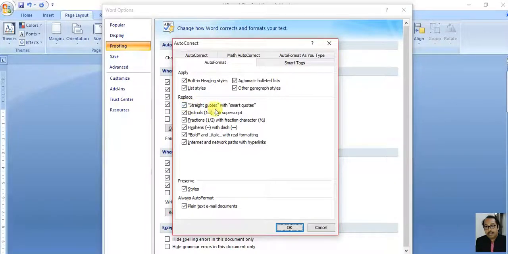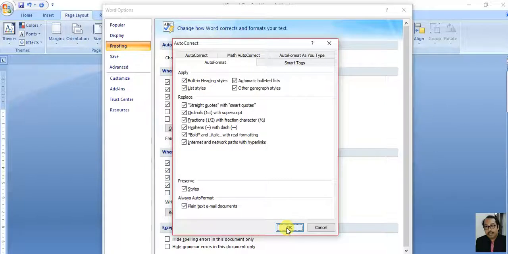See, straight quotes are replaced with smart quotes. Like if you give a dash dash, it will be replaced with a single dash. Lots of things are there, like built-in header styles and list styles. So I'm just explaining this one. Hyphen dash dash will be replaced with a single dash.